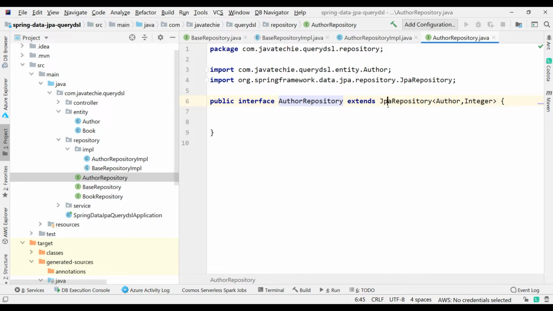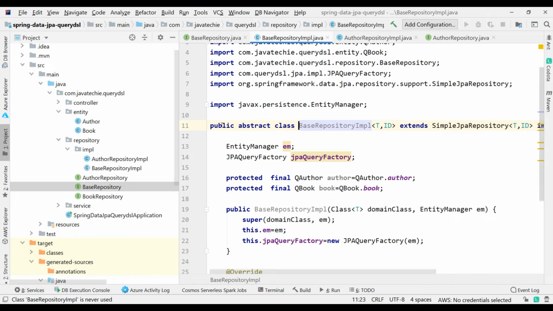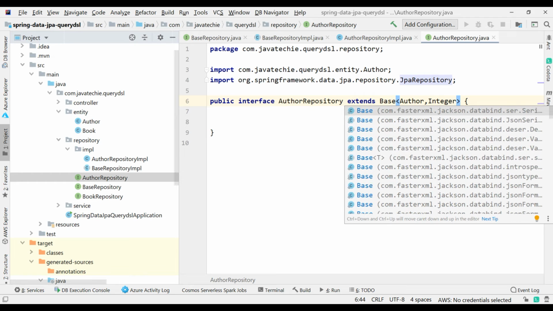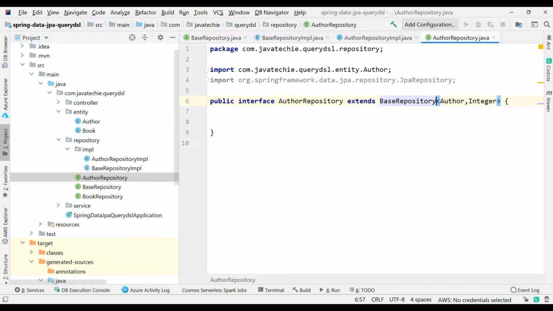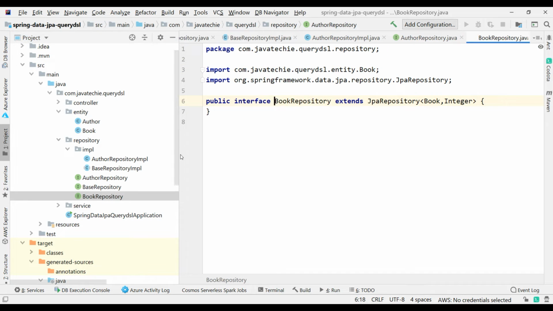Just change it to base repository, because if you remember, the base repository we created to support both JPA as well as the Query DSL, and we created its implementation also, right? So let's use the same to achieve both JPA as well as the Query DSL. So let's go to the author repository and extend from base repository here. Okay. Similarly, let's go to the book repo and extend it from base repository.